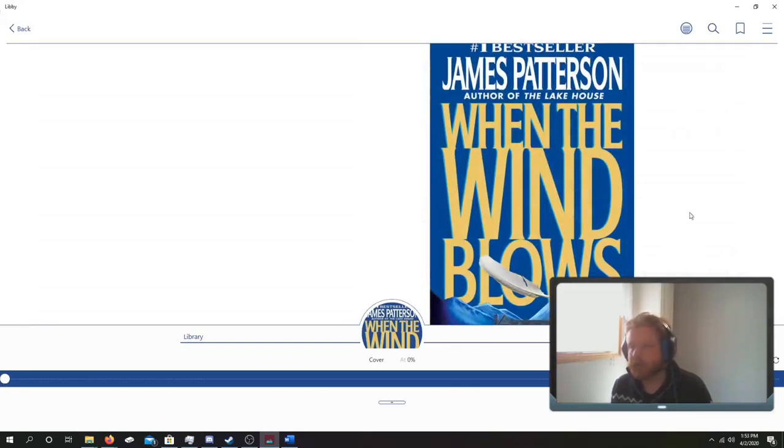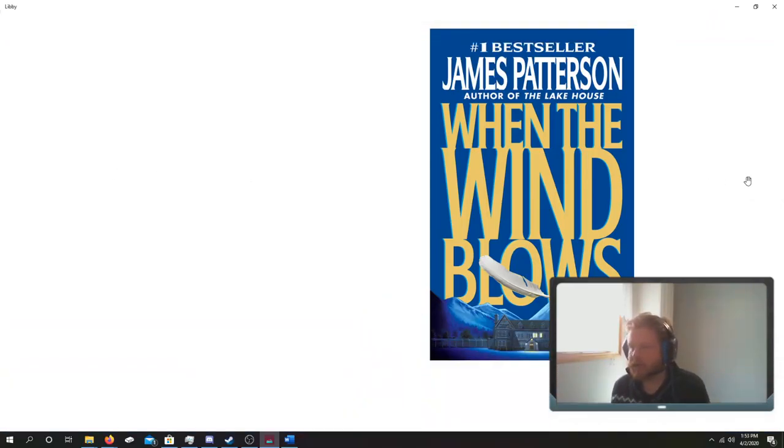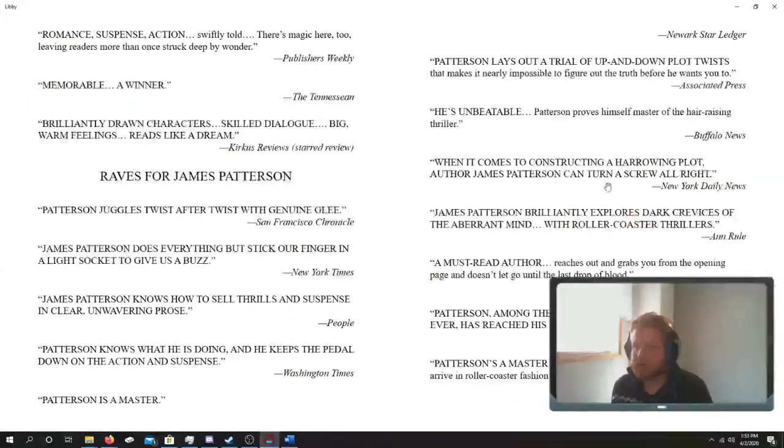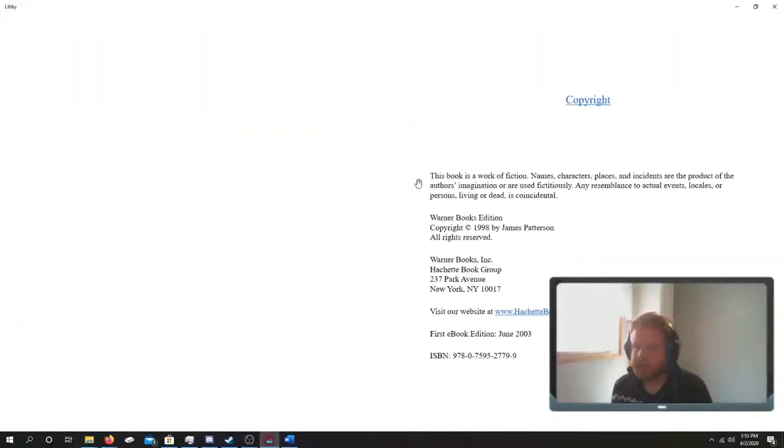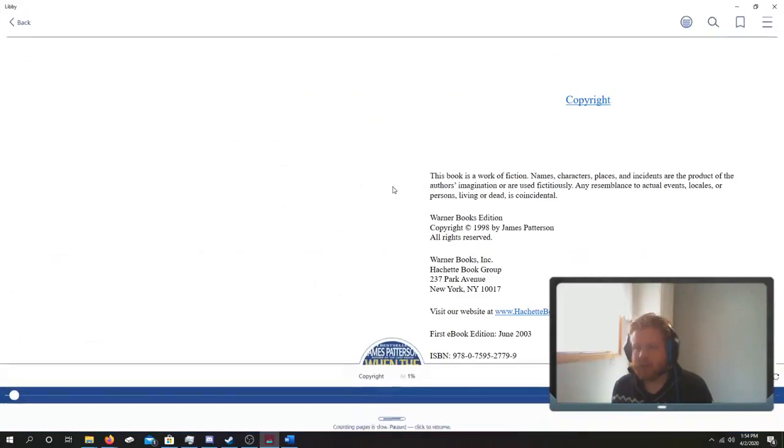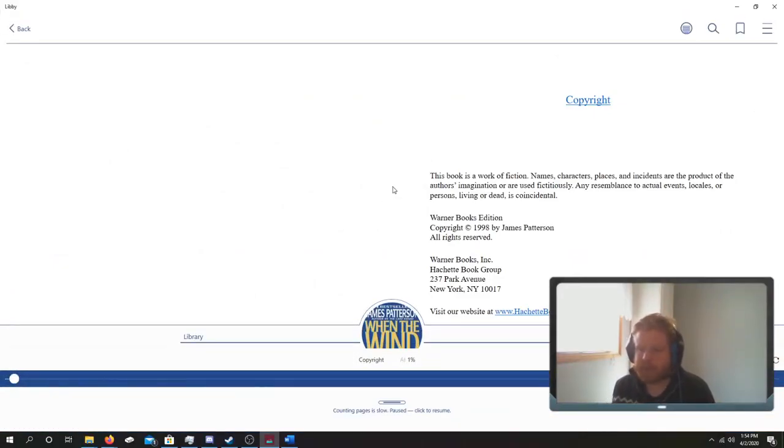Here's my book. If I want to go back and forth, depending on your device, you're going to click, or you're going to flip it left and right. Because I'm on a Windows-based device, I have to click and drag to see all the pages. If I click the middle here, it gives me the options. So basically, if I want to adjust anything for this, I'm going to hit the three lines, or I like to call them hamburger,